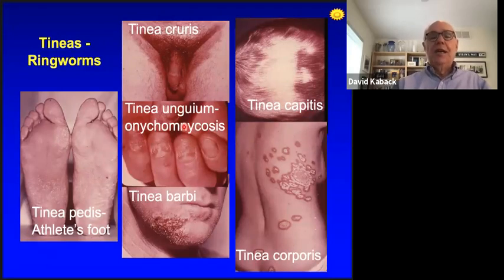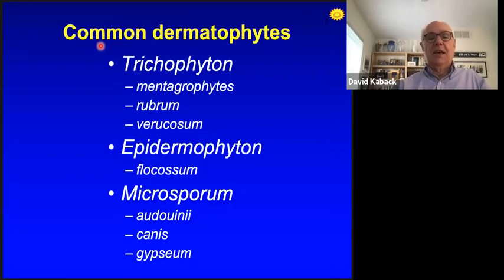Okay, so it turns out that there are 3 genera of fungi, all capable of infecting the skin and producing similar disease states. Mostly what they cause is scaly skin and itching. These genera are Trichophyton, Epidermophyton, and Microsporum. This is what you should memorize. Whether you memorize the species name is up to you at this point. Just remember Trichophyton, Epidermophyton, and Microsporum.